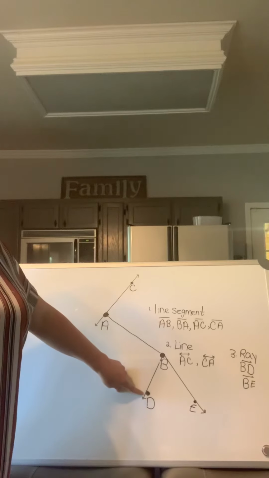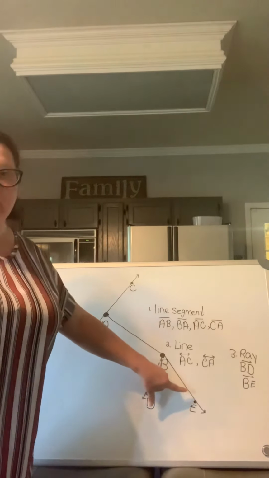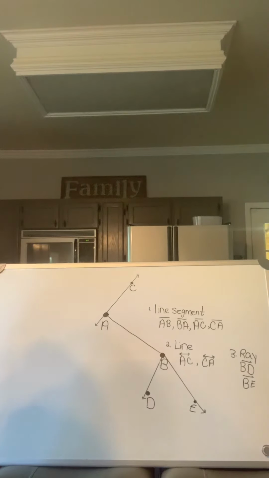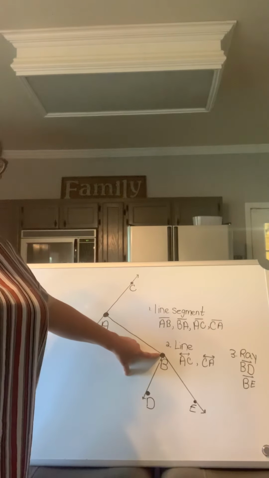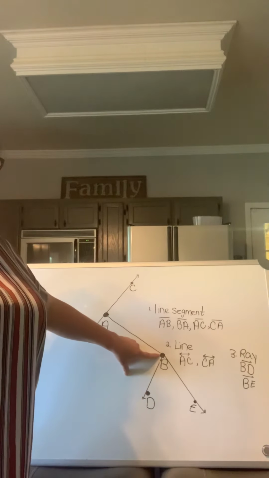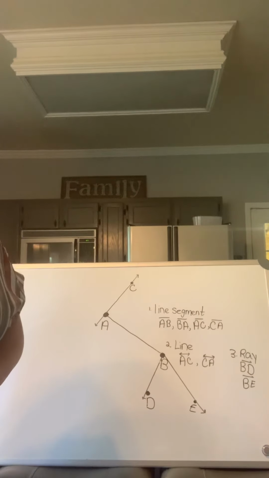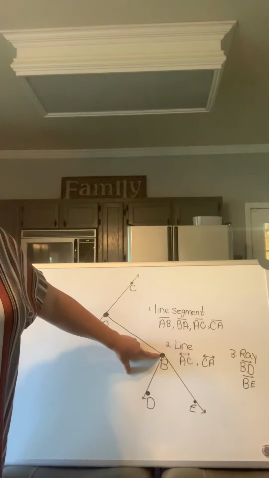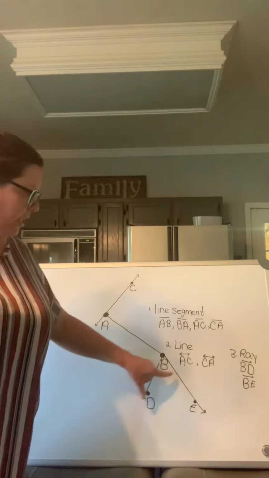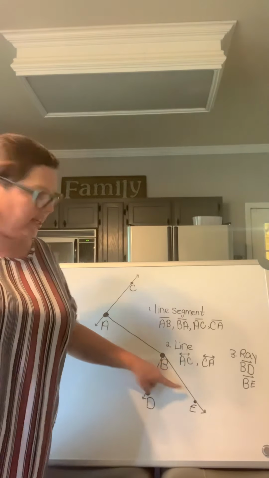Okay? So I kind of made a little figure here, a little drawing. So now, let's look here. I can trace from B to D, and now I can go from B to E. Well, both of them have B as their endpoints, right? B and B. And both of these are rays. Both of these rays are connected. And mine kind of looks like a corner of a rectangle. So both rays originate or start at B and extend out in each direction infinitely,